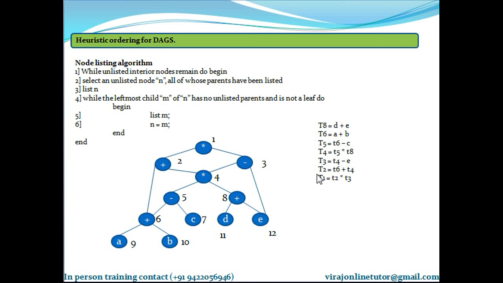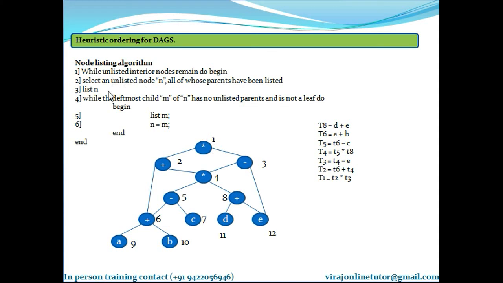Initially, the only node with no unlisted parent is 1.